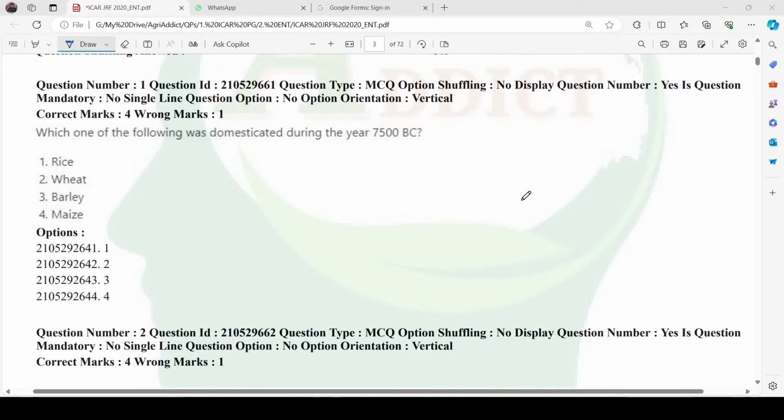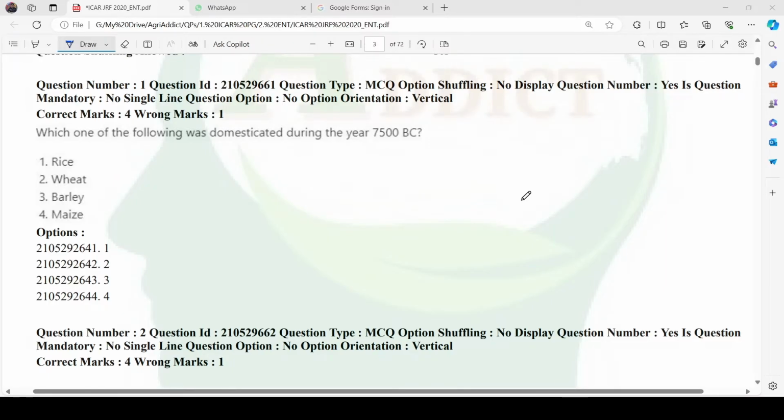Before beginning, one thing I want to clarify: in the NTA answer key, you will find several mistakes in 2021, in this paper too, and in 2022 also. So I will clarify all those mistakes in these videos. If you feel any doubt, then ask the questions in the comment box. I will try my best to answer them as soon as possible. But don't blindly follow the answer key that is provided by NTA. Just cross check it with any book like Insecta, Refresher or Treatise, then follow.